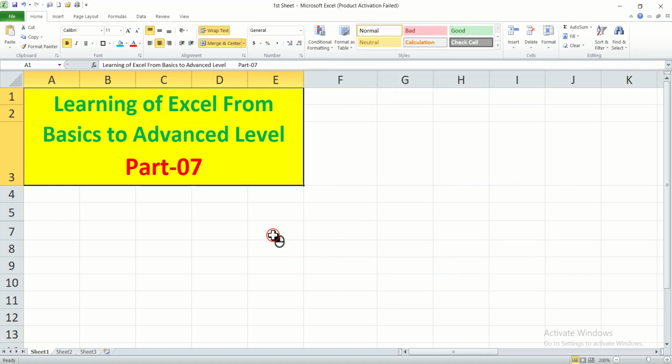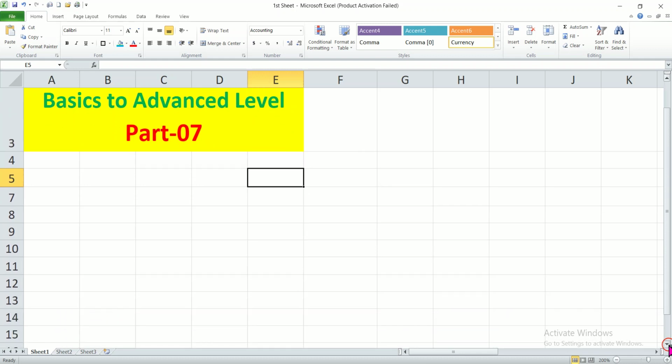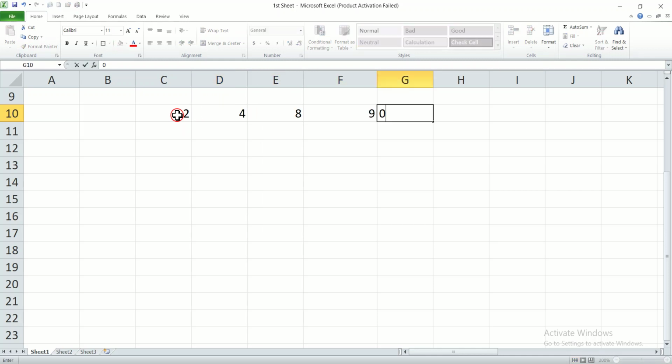Let's suppose we write some data and want to make it a table. Let's suppose 2 4 8 9 0 and 1, and now in the second row this is 1 2 4